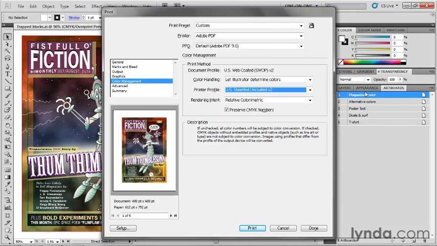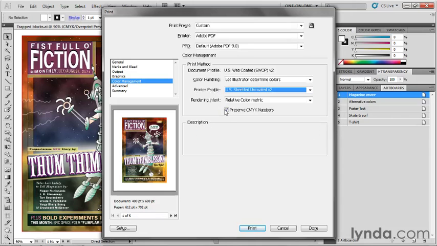And also, if I import an image into Illustrator and it's spec'd as a CMYK image and there's no color profile attached to it, then it will not change either. However, if it's a profiled image, then some form of conversion will occur. If you turn this checkbox off, and you'd only turn it off if you are utterly and completely confident about this printer profile, if you believe it to tears and you've tested